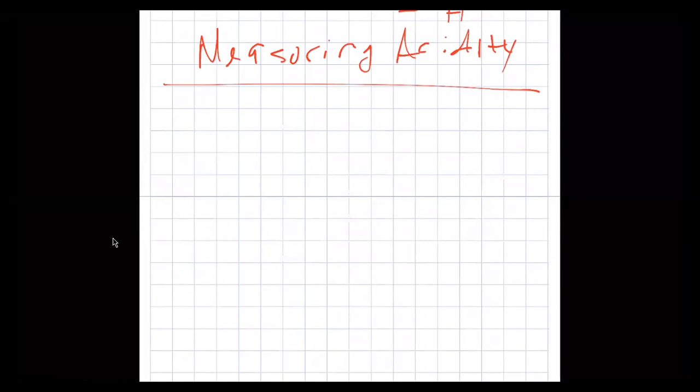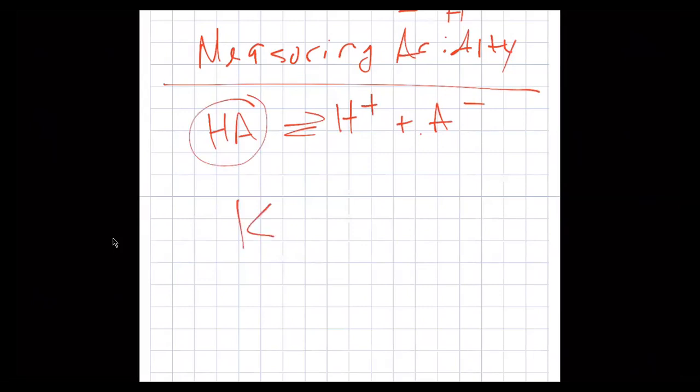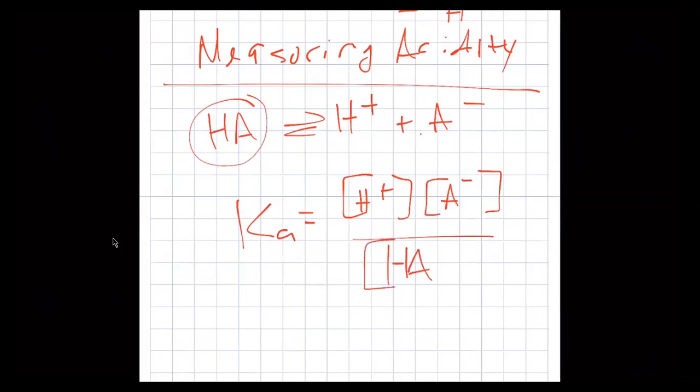It was an equilibrium reaction, right? Where you had an acid, HA, dissociating into H plus and A minus. Do y'all remember that? How did you determine how acidic HA was? Was it Ka? Yeah. So Ka is the concentration of H plus times A minus over HA. Is that right? Yeah. And so for a strong acid,